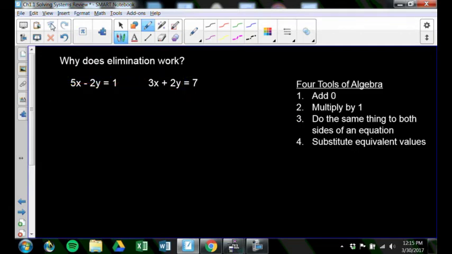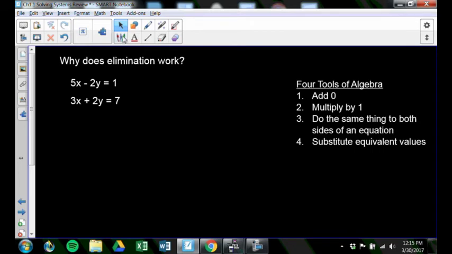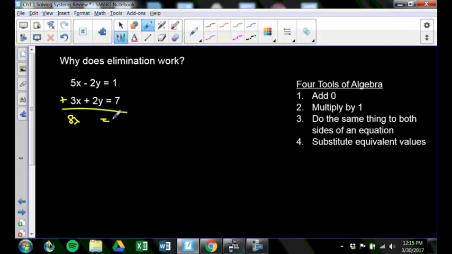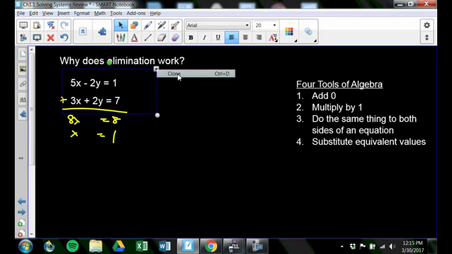And this also kind of leads me to another helpful way to solve these, especially once we start talking about matrices in a couple of chapters. I just talked about how I could add up these two equations and get 8x equals 8, so x equals 1. And one way to solve this would be to take this 1 and plug it back into one of these x's here. But another way to solve this, and sometimes this can be really convenient,